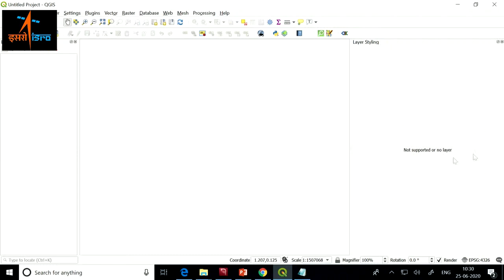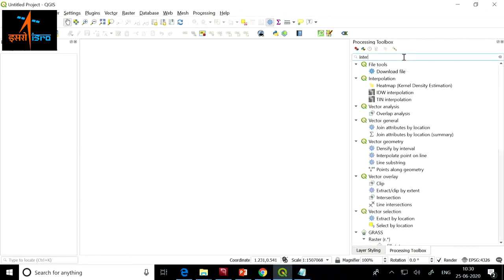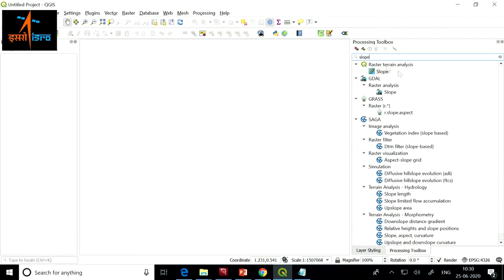These are different panes you can put here: styling, processing. So this is the processing toolbox. All the advanced analysis that you want to do gets listed here. Let's say you want to do interpolation, you just type interpolation here, then you get options like heat map, IDW, TIN, and many others. You want to do slope calculation, you have slope tools.